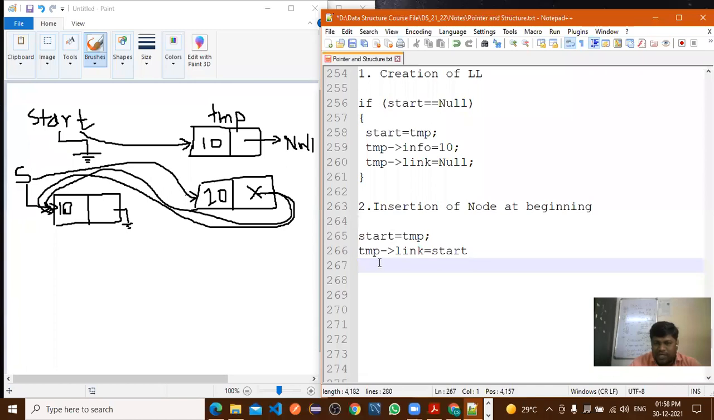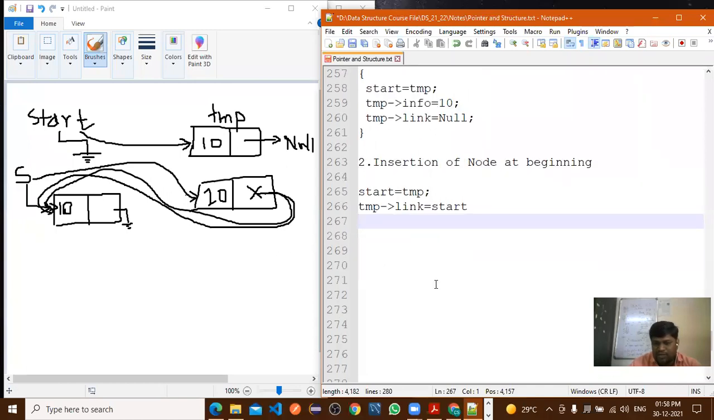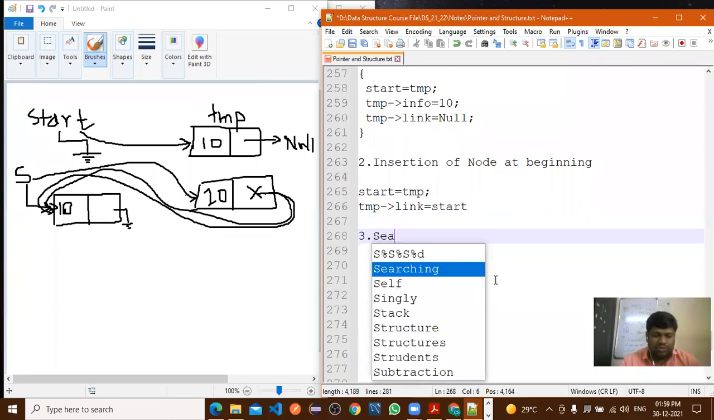So we'll see in detail, right? We'll write a separate function for this, but just we'll see how many operations we are going to perform. Now in this way we will insert the node at the beginning. Now suppose if you want to insert the node at any specific position, so that part also we will see here. Now third one we need to see here, that is the